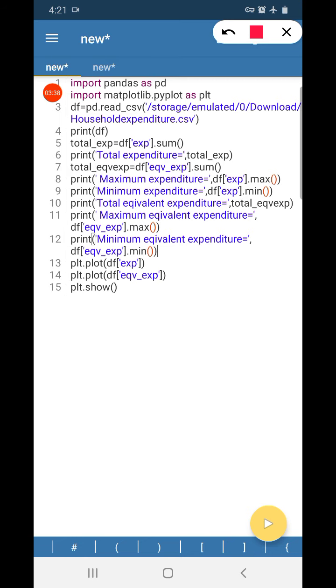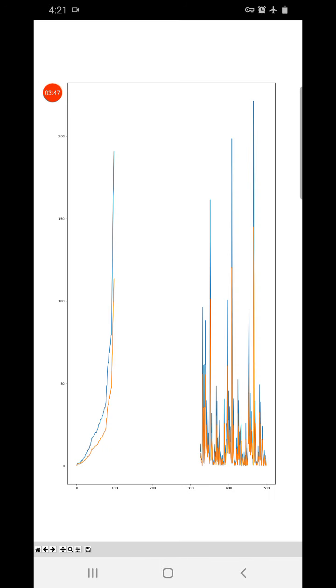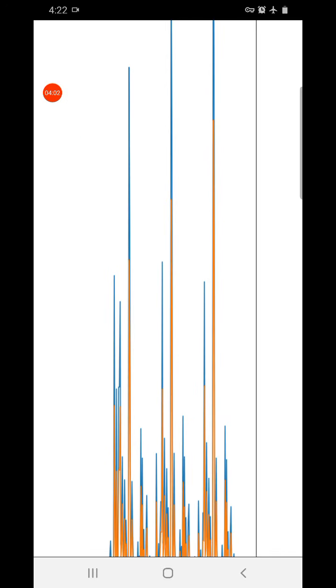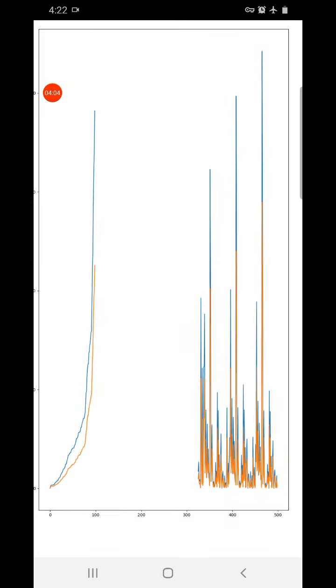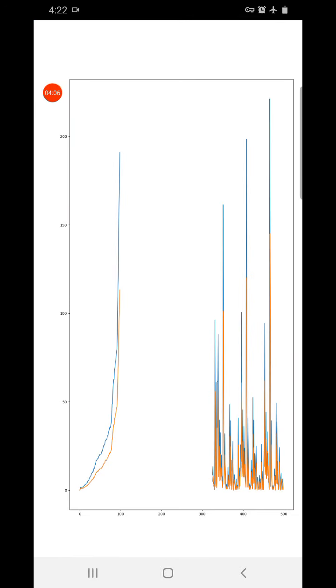So let us see the output. So the blue one is the expenditure and orange color is the equivalent expenditure. So it is a line graph showing the variation of equivalent expenditure and expenditure.